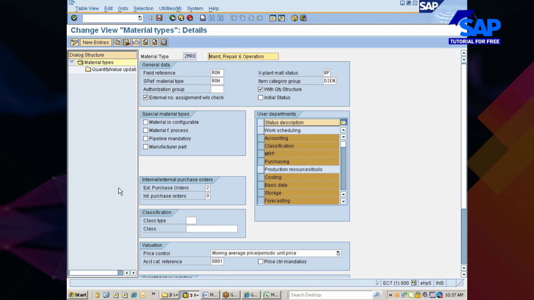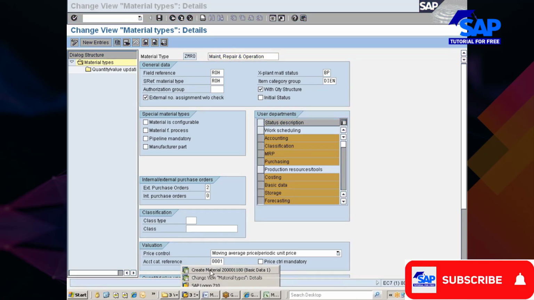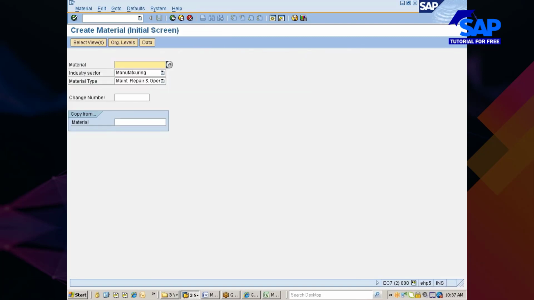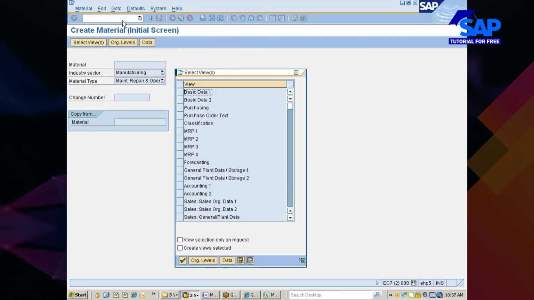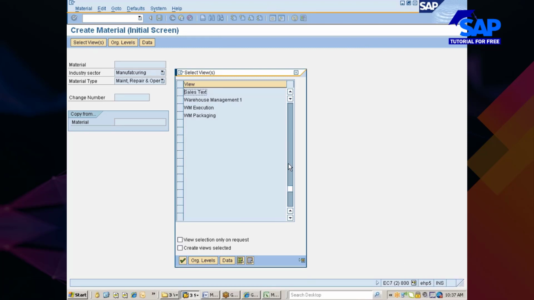Next one. You see here, there is something called user departments. What does it mean? When you go with /n mm01 and hit enter, you see here these are the views that you have configured. Which views you want to be selected automatically, that you can control.